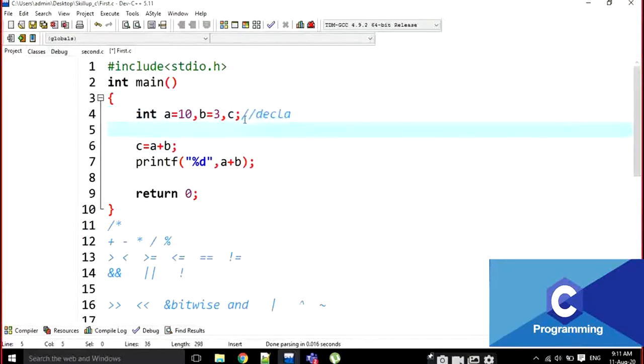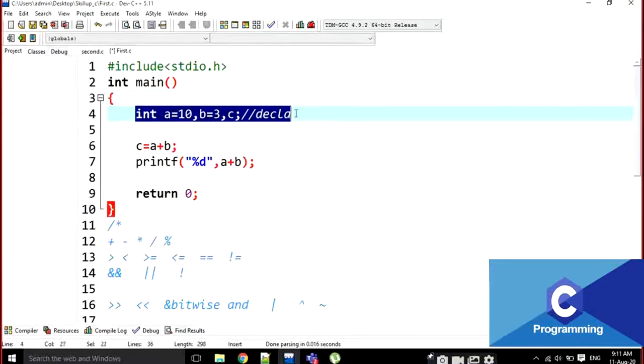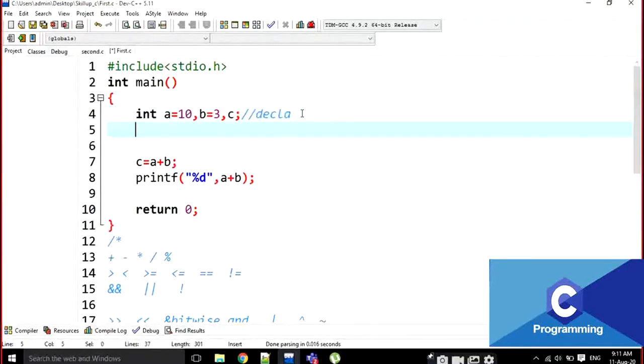First line means after the main function. After the main function, what is the first line? The first lines, not a single line. For example, if you want to write any float values, I am going to take it like this. All the first lines are the declaration part every time. After the declaration part, only then can we do operations or anything.